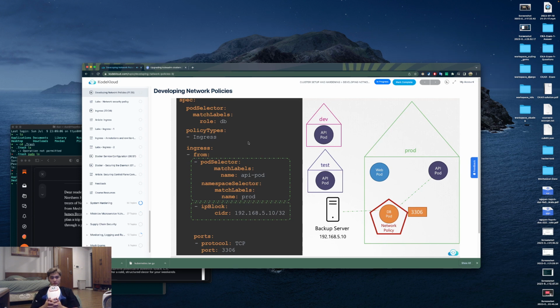However, within the first rule, we have two selectors as part of it. That would mean traffic from sources must meet both of these criteria to pass through. So they have to be originating from pods with matching labels of API pod, and those pods must be in the prod namespace. So it works like an AND operation. Now, what if we were to separate them by adding a dash before the namespace selector like this? Now, they are two separate rules. So this would mean that traffic